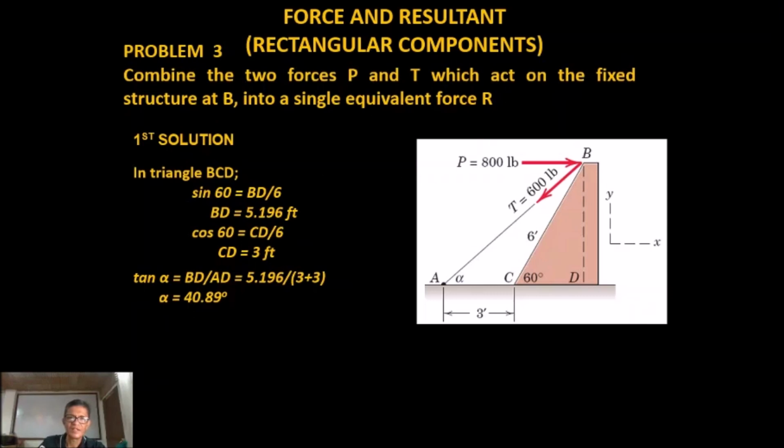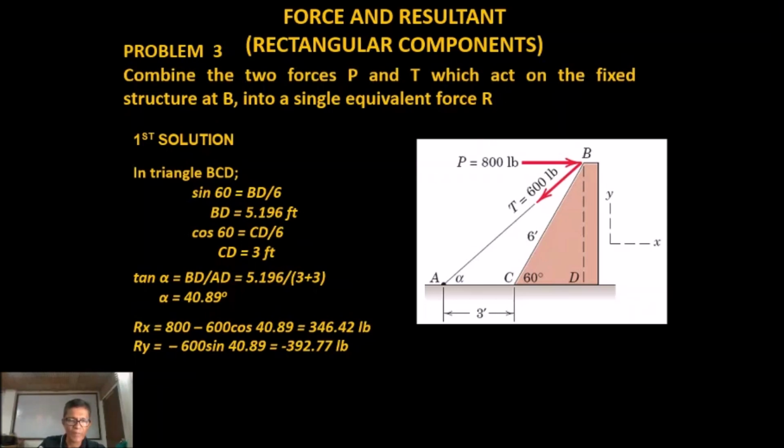degrees. Then, we can now solve for the x component of the resultant. We have Rx is equal to 800 minus 600 cosine of 40.89, and that is equal to 346.42 pounds. For Ry, Ry is equal to negative 600 sine of 40.89, and that is equal to negative